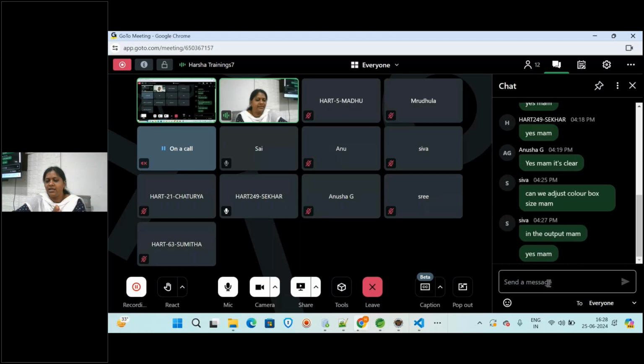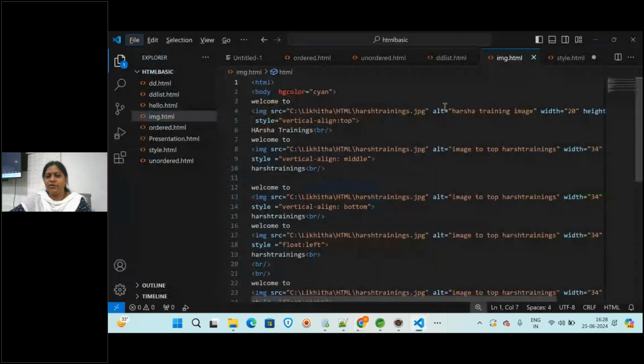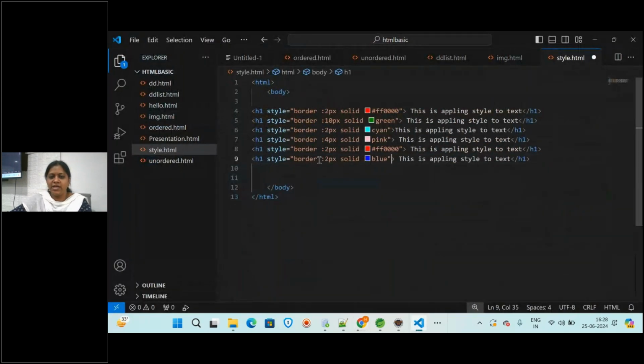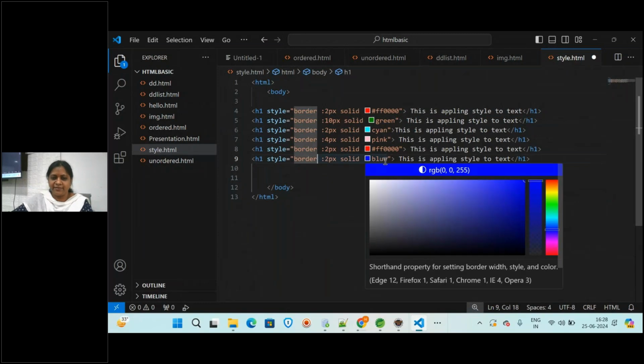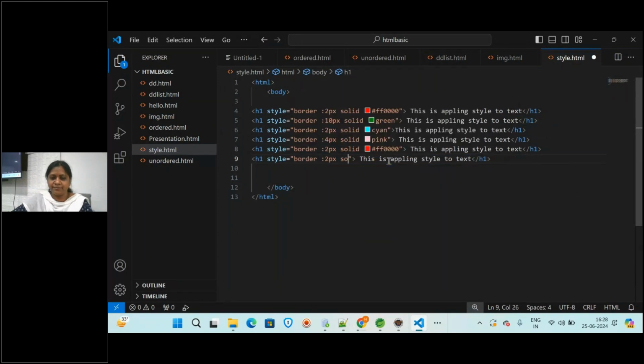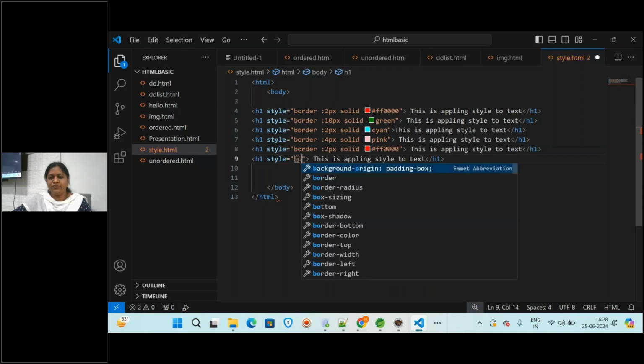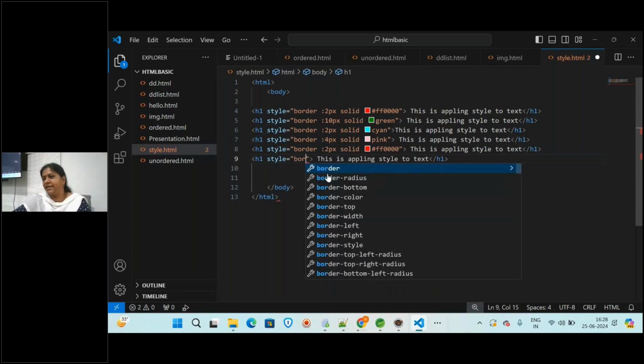With that, the box size also can be modified. You can specify. That's what I'm telling here. Whenever you are using border, it has a lot of attributes where you can specify how much width should be there, how much height should be there, all these.